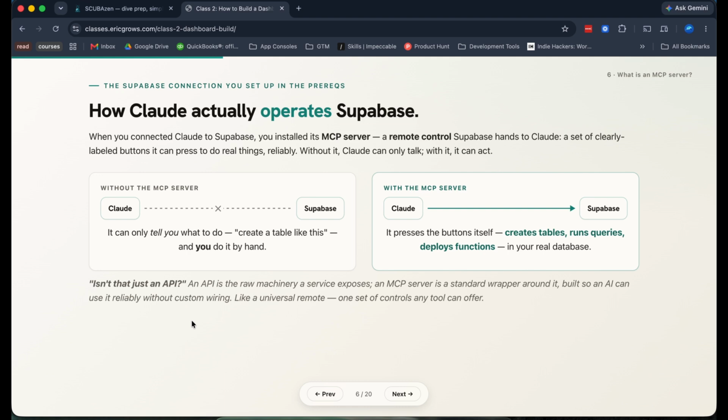One note that's worth mentioning: an API is very similar to an MCP. An MCP is designed for Claude to connect to a data source in a way that it doesn't really have to figure things out. It knows all the buttons, it knows all the commands, and it can execute pretty quickly. With an API, it has to do a little bit of figuring out of how it works and what the commands are. So think of an MCP as just a wrapper for an API so that it's easier for Claude to actually use.